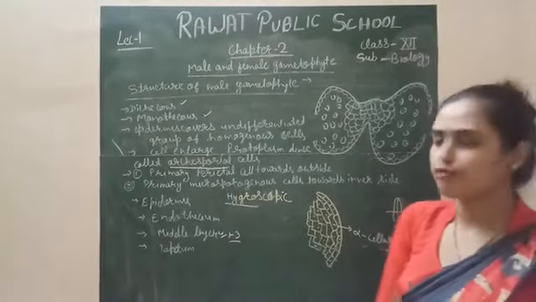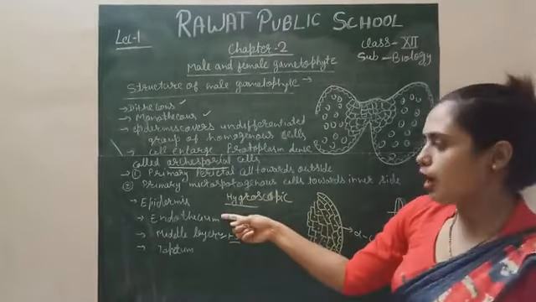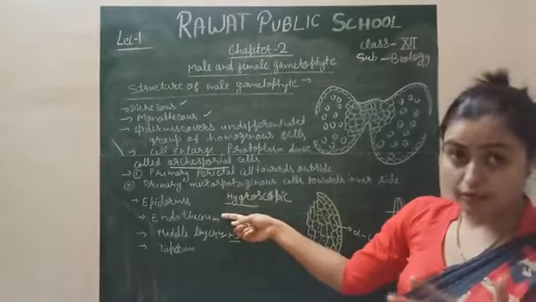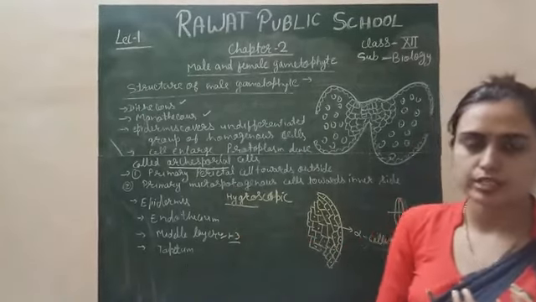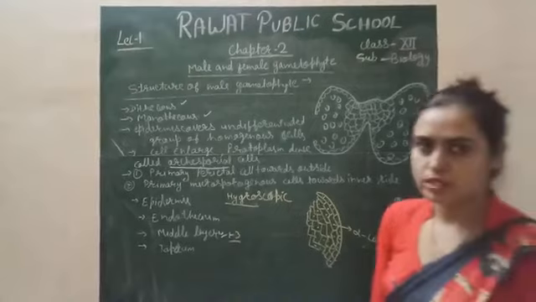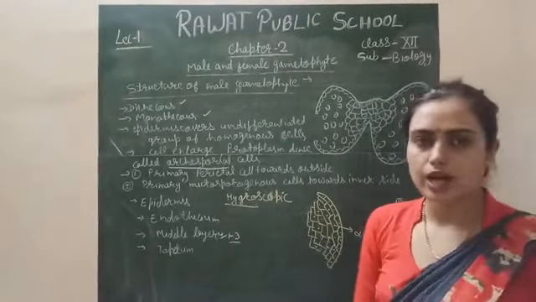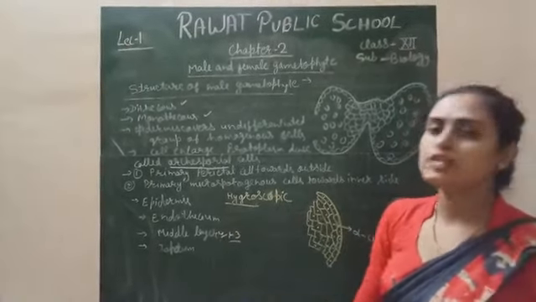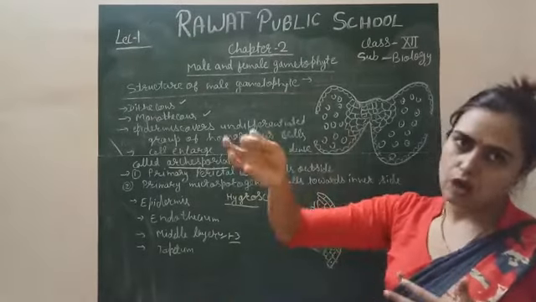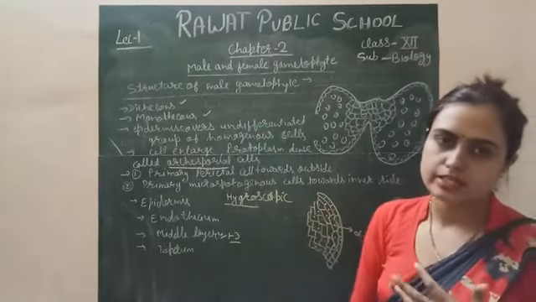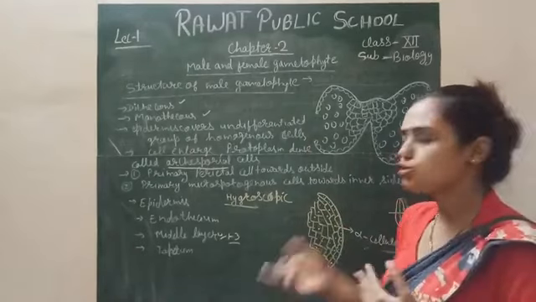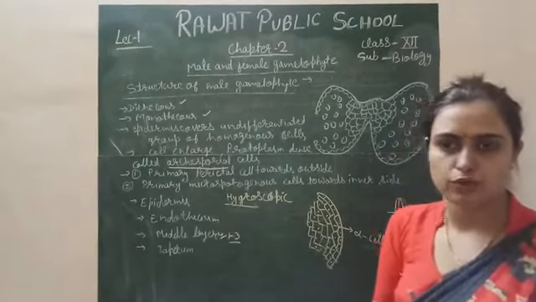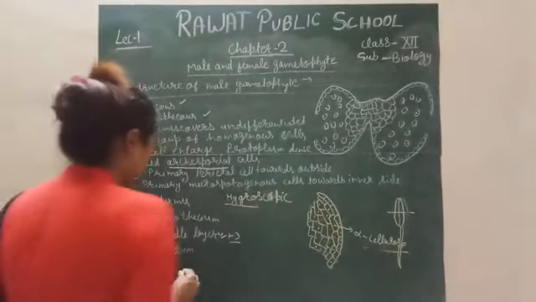The main function of the middle layer is to provide nourishment and moisture from the endothecium to the pollen grains, which are present below the tapetum, the innermost layer. The middle layer generally connects the outer layer with the inner layer. That is its main function. There is no special function of the middle layer in the case of anther dehiscence.